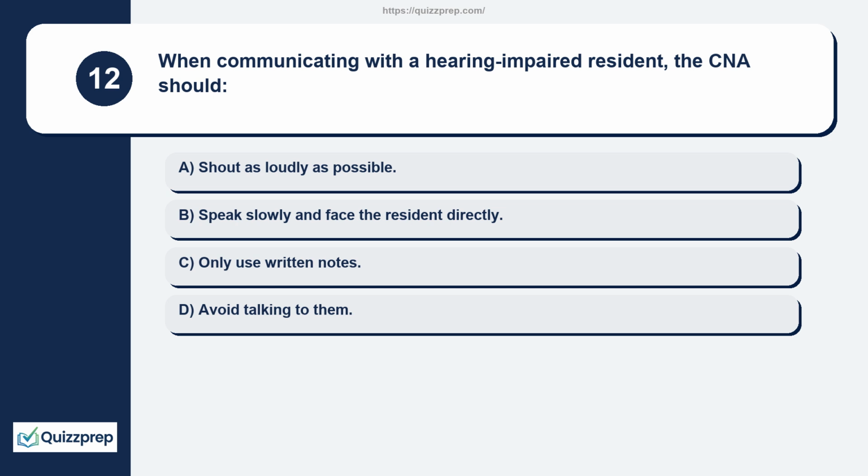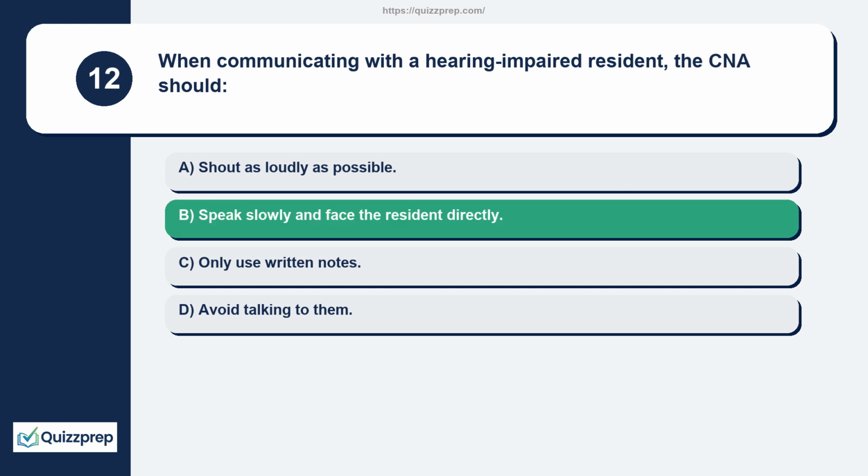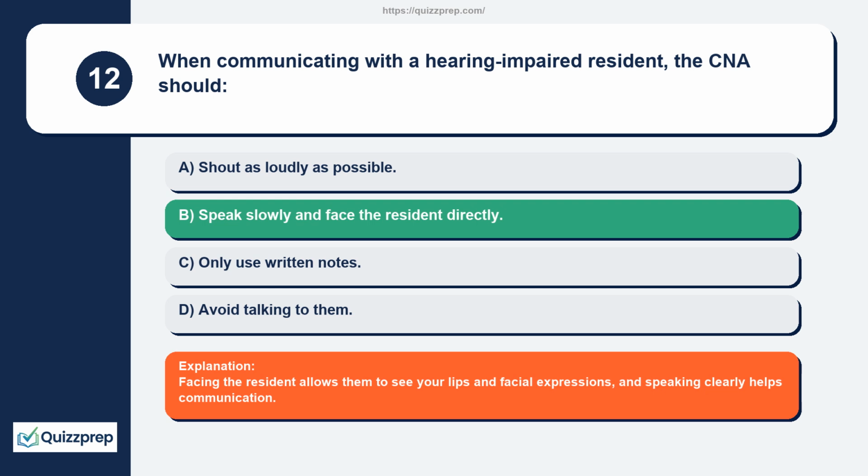Question 12. When communicating with a hearing-impaired resident, the CNA should shout as loudly as possible, speak slowly and face the resident directly, only use written notes, avoid talking to them. Facing the resident allows them to see your lips and facial expressions, and speaking clearly helps